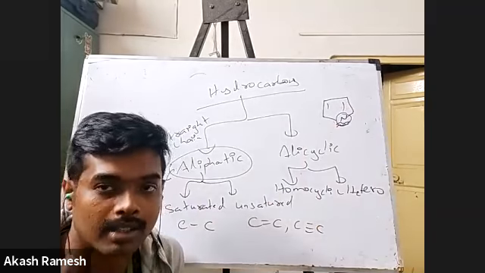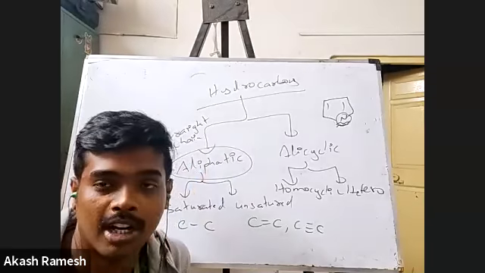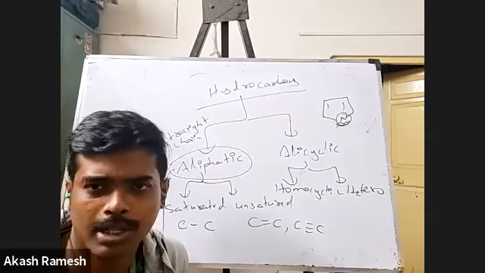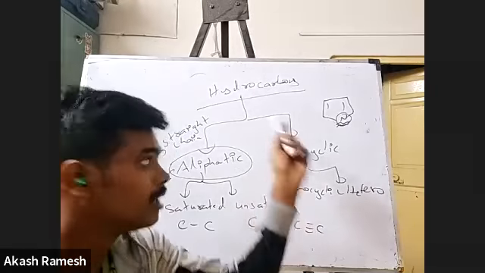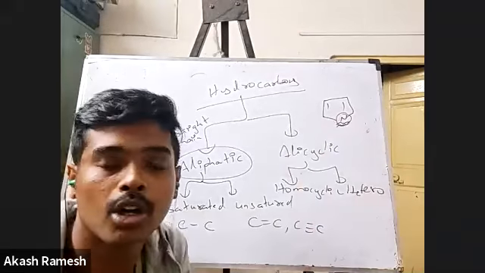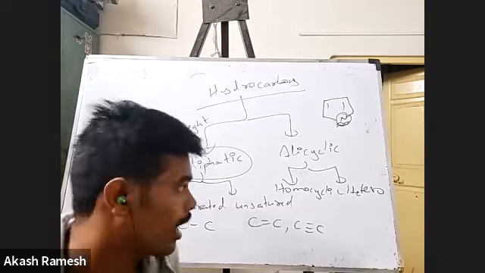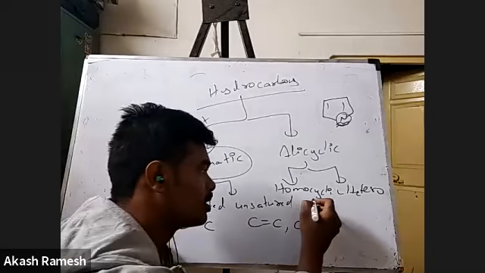We really don't have to study this. Even if you go to 12th class, even if you attend JEE Mains, JEE Advanced, you really will not study all these things. But again, just know it. Homocyclic means all the vertices are carbon atoms. Heterocyclic means one or two of them are going to be different elements. Okay, fine. Now under homocyclic,